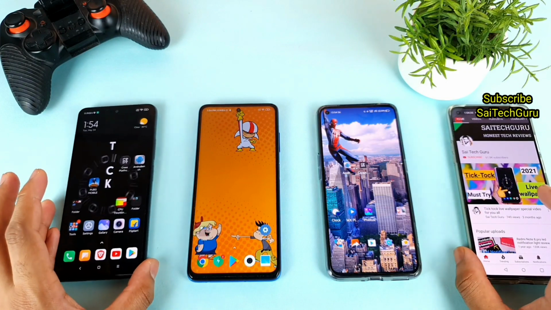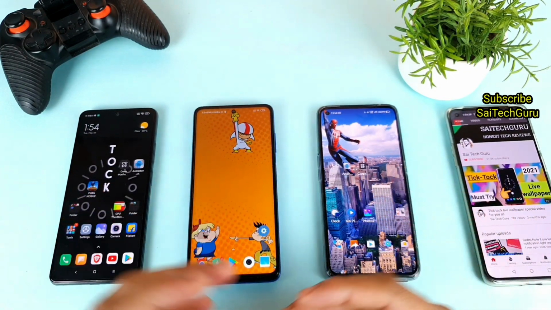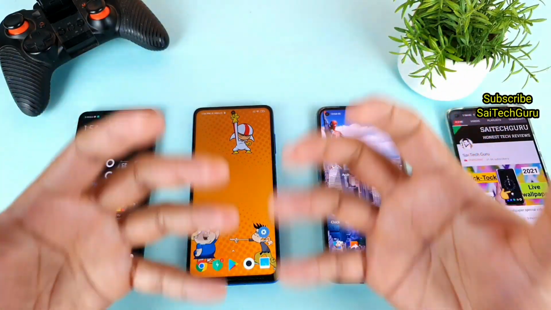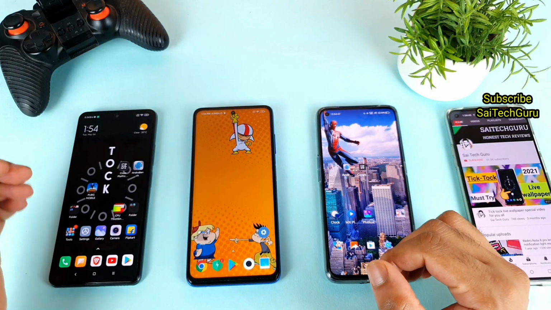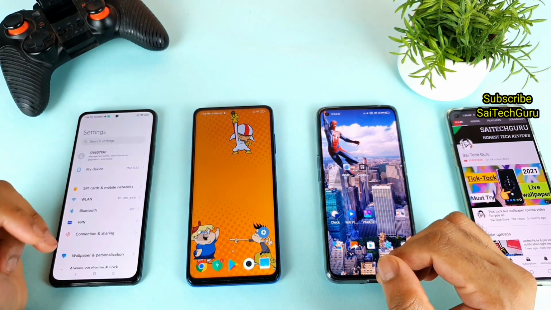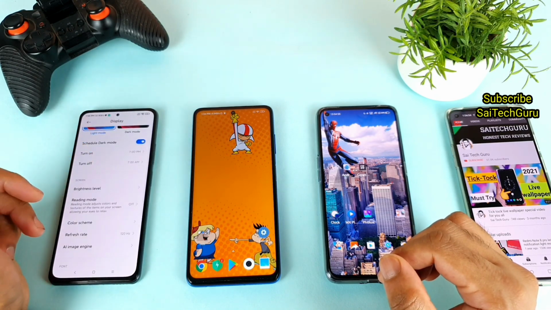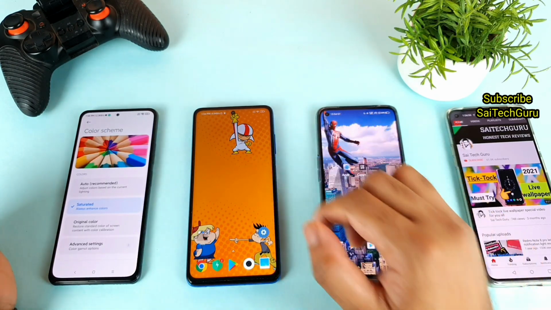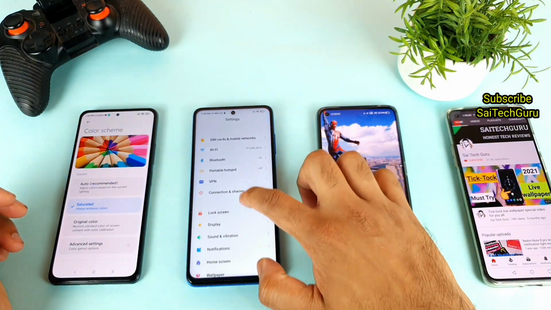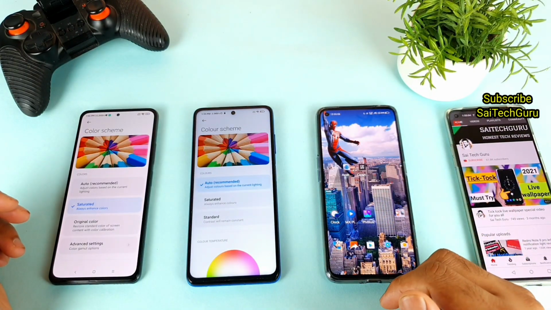So let's begin this kind of display test, friends. And first thing is that let's talk about the display specifications of the three smartphones, which phone has what type of technology AMOLED they are using. So right now the Mi 11X has the AMOLED panel, which is E4 AMOLED technology from Samsung, and which has a 120Hz refresh rate display as well in this phone right now. Whereas the Poco X3 and the Poco X3 Pro, they both have the 120Hz IPS LCD panel displays. So that is what the Poco X3 and Poco X3 Pro are using.